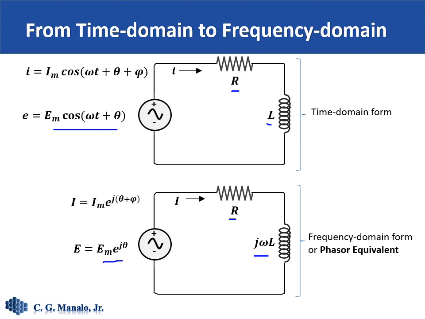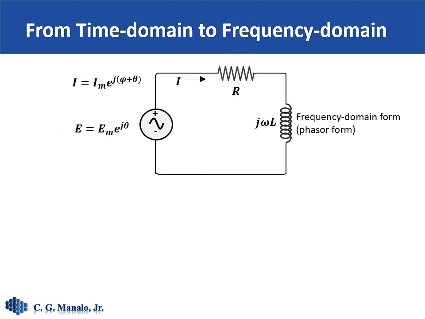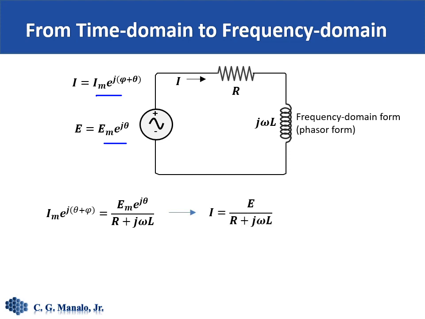Now, take note also that we have transformed the variables. So the response now is this one, which we just write simply as capital letter I. So here is our circuit again in phasor form. The relationship of this and this one is given by this one, which we can simply write as that expression, which is just Ohm's law in the frequency domain,